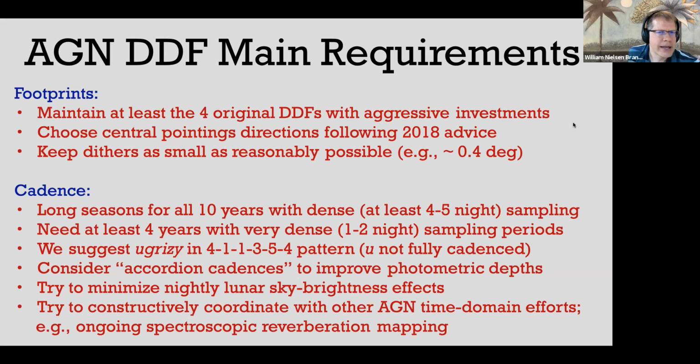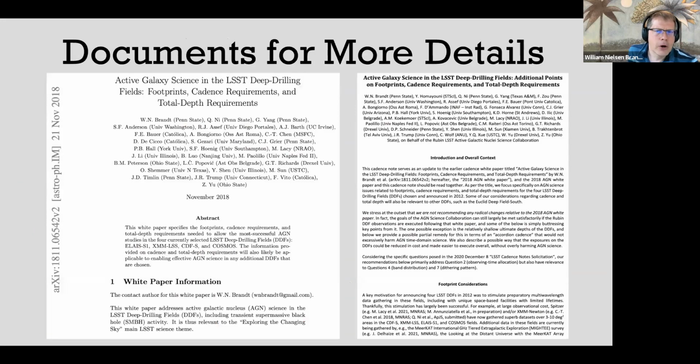And I will just end with my next slide, saying that we've actually put a fair amount of work into this over the years. This over here on the left is the 2018 white paper, which is available on arXiv. You can see the arXiv link there. And then to follow up on that, we have just recently submitted a cadence note where we essentially elaborate on the things we said in 2018. We actually are standing pretty well by the things that we wanted back in 2018, although we offer a few improvements and tweaks in this cadence note. So that's our desired science and our observation requirements. Thanks.